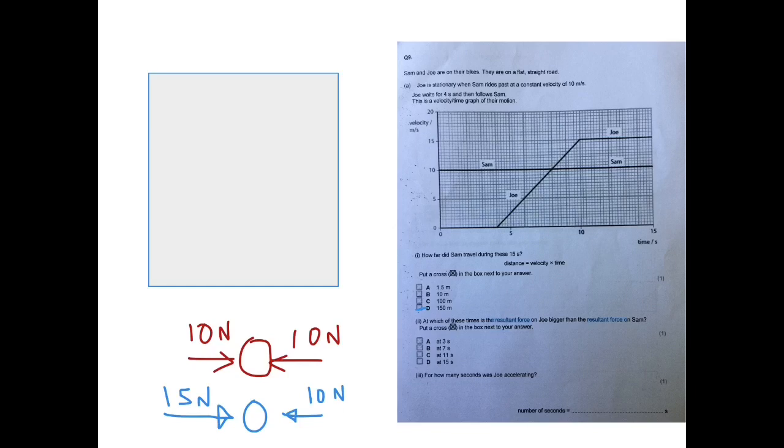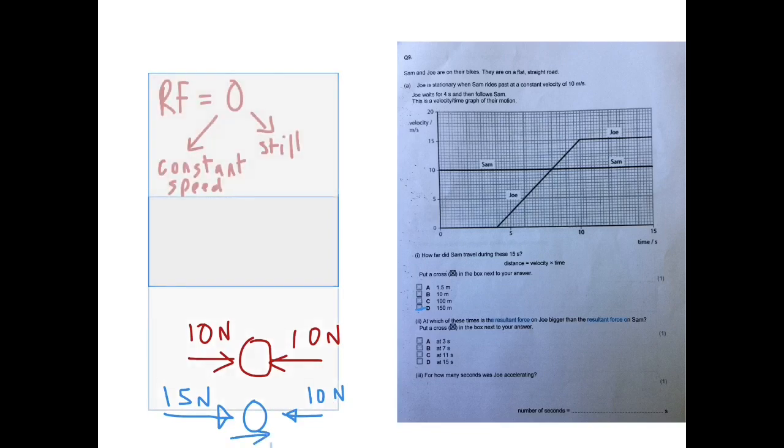Now, this is easy, but you might not get this if you don't understand what resultant force is. So at which of these times is the resultant force on Joe bigger than the resultant force on Sam? If you don't understand this word here, resultant force, which means net force, you will completely not understand this question. So to understand resultant force, it just means net force. So if you take one force acting on an object against another one in the opposite direction, how much is left over? So here you can see nothing's left over because 10 cancels out 10, so the resultant force is 0. Here 15 newtons is playing off against 10 newtons, so there'll be a resultant force of 5 newtons in